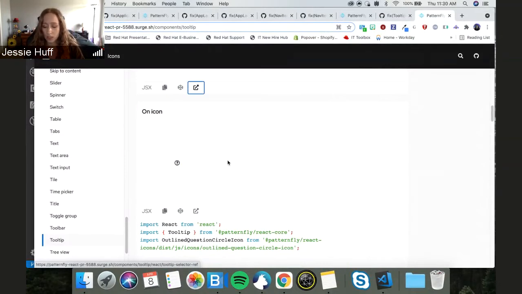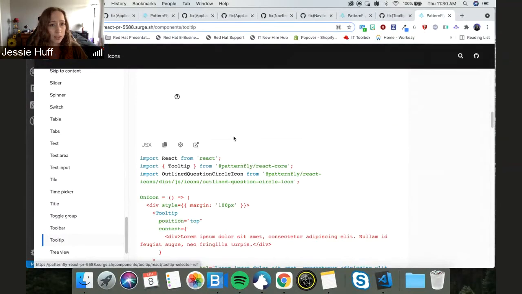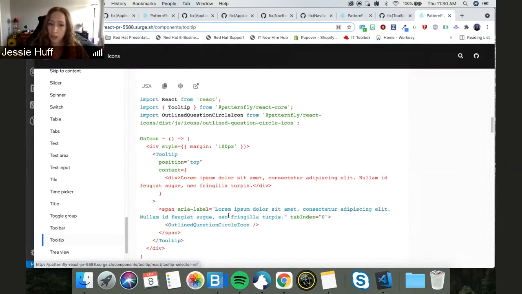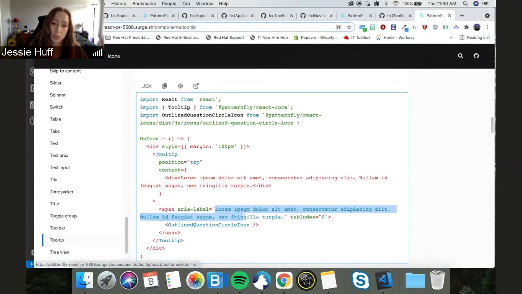A lot of times when you see examples of icons and keyboard or screen reader accessibility, they're on interactive items, and this can be really helpful because that's already kind of built in. So you're already knowing to interact with it, and so the screen reader or keyboard knows to interact with that item. But on just a plain icon like this, it's not going to know those things, so you would have to add that in. So this is a potential solution that you could have, where you have this icon, and you can wrap it in a span, add a label, and then also add that tab index, letting them know what that tooltip information is, and then also, hey, it's a tab stop.